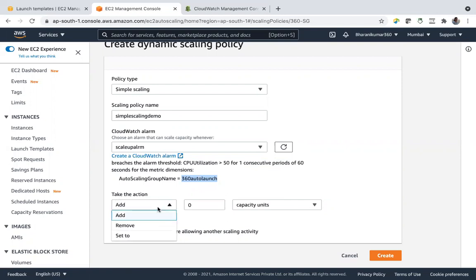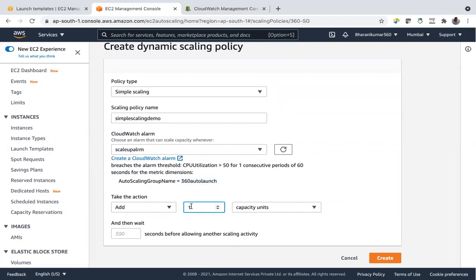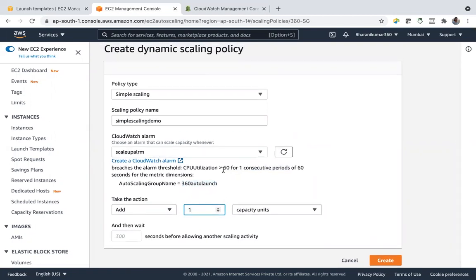Take action, add let's say one capacity at a time. That means if average capacity is greater than 50%, it will add one. And again, for every 1 minute, it will take average and check whether it's greater than 50% or not. Accordingly, it will take action.